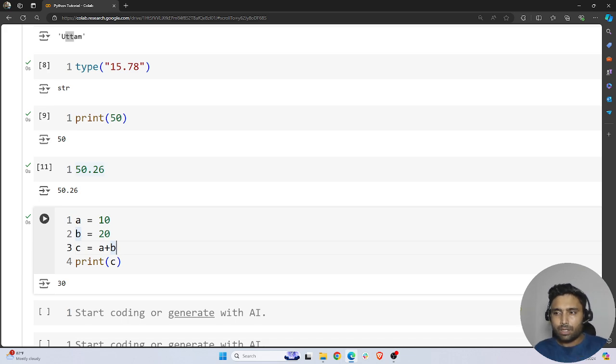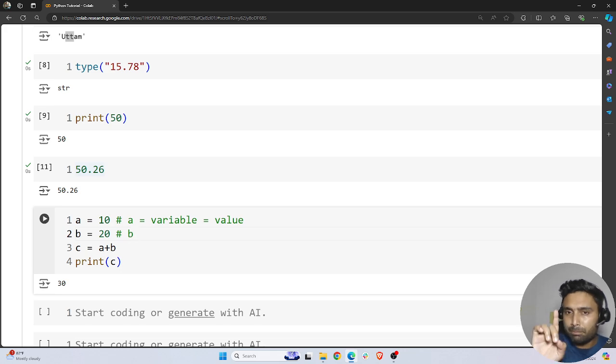Now, sir, what are you trying to say over here? What is my a here? a is nothing but a variable. a is called a variable. This is something we did in our 10th, 12th standard. And what is 10 here? 10 is called a value. I am saying a value. In a similar manner,